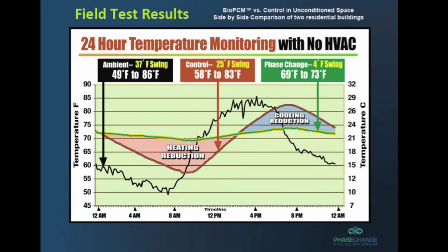If I had one slide, this would be it. This shows a building. The black line is the ambient temperature. You can see this is a building that's built to code, no heating on, no air conditioning on. The black line shows the outdoor temperature at 49 degrees and then up to 86 degrees. The red line will show a building, this is through Arizona State Utility that did this, is a building with no phase change material. You can see that it gets cold, gets down to 58 degrees and then up to 83 degrees,